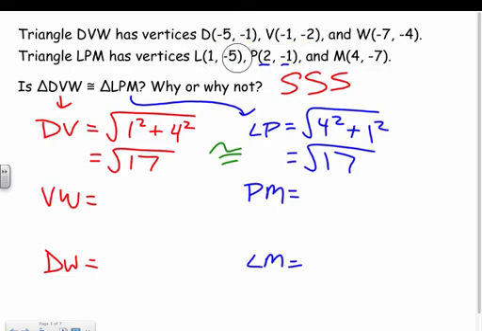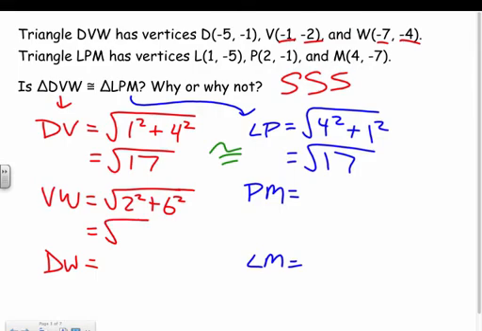So now I check between VW. So the square root of, well, the distance between my y's is 2, so 2 squared. Distance between my x's is 6, so 6 squared. I'm just subtracting them. We've been doing this for a while, so I'm kind of rushing through that. So 4 plus 36 gives me the square root of 40. And I don't need to simplify anything because I'm just looking to see if this becomes the square root of